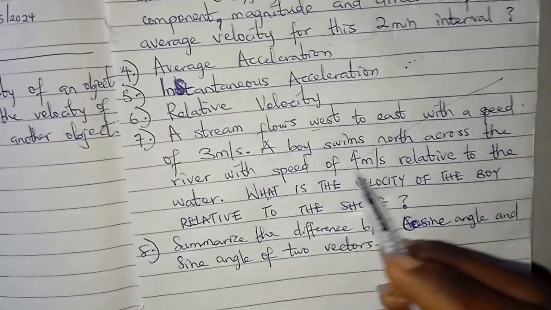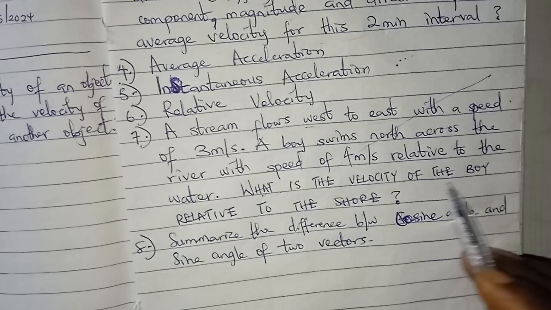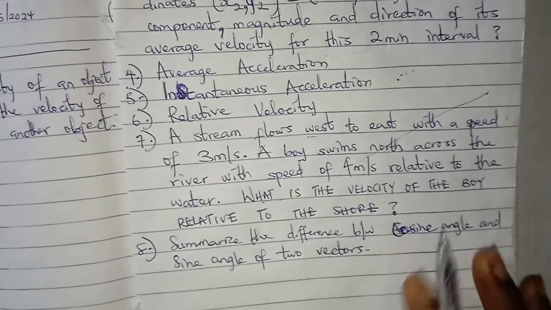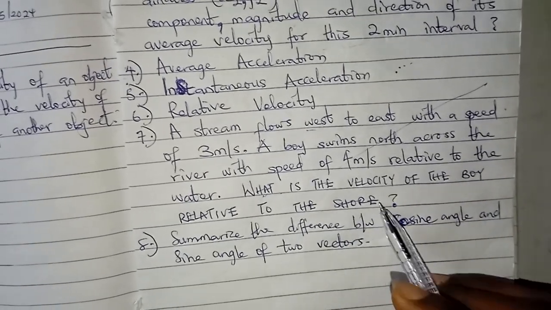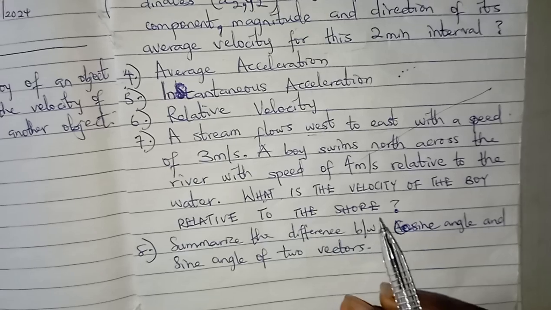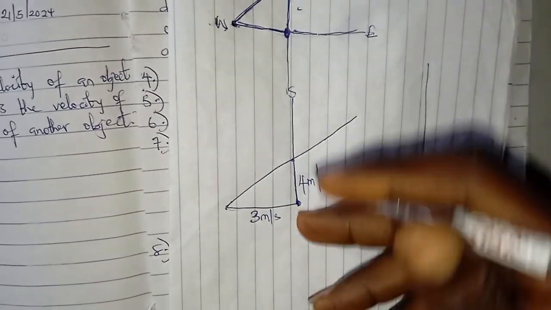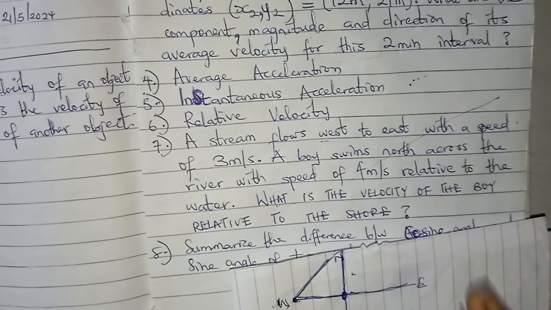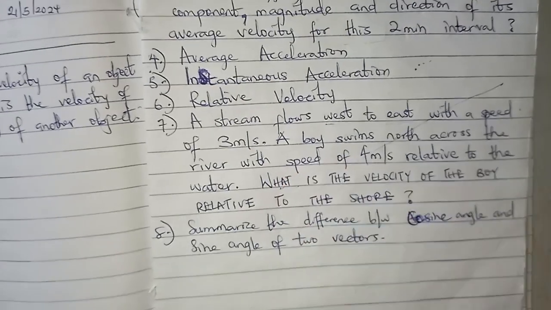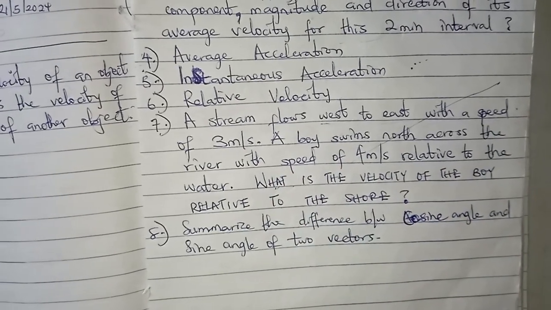Across the river with a speed of 4 meters per second relative to the water. What is the velocity of the boy relative to the shore? They are asking us, what is the velocity of this boy relative to this shore? So in order to find the velocity of this boy, we simply need to find,